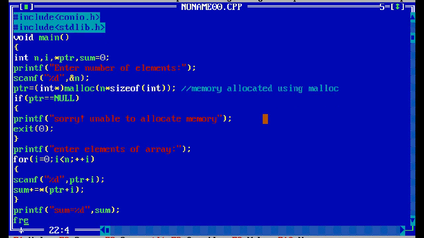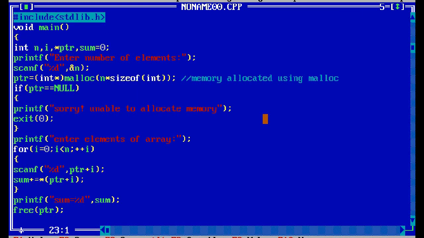After everything is over, you have to use the free function. I am using the free function. Close. So what is happening here, first I will run the output.